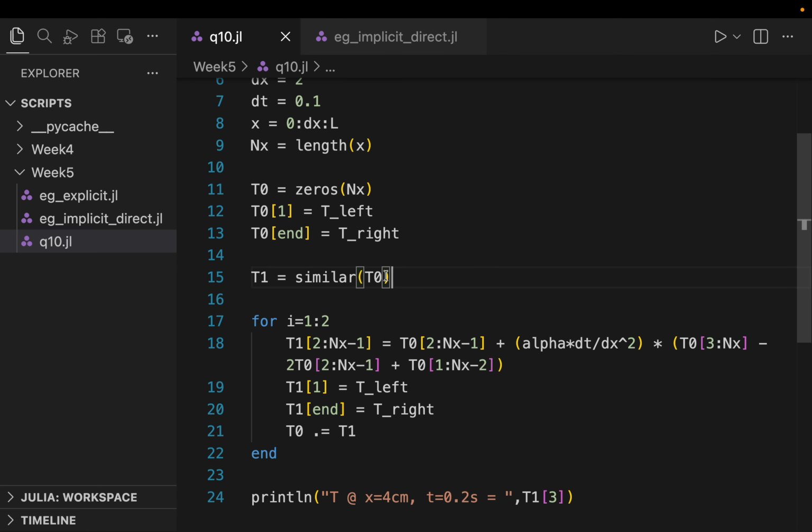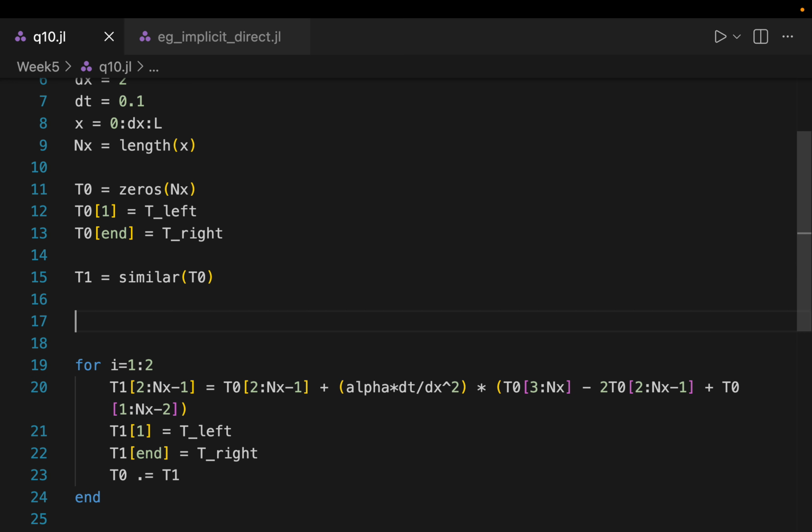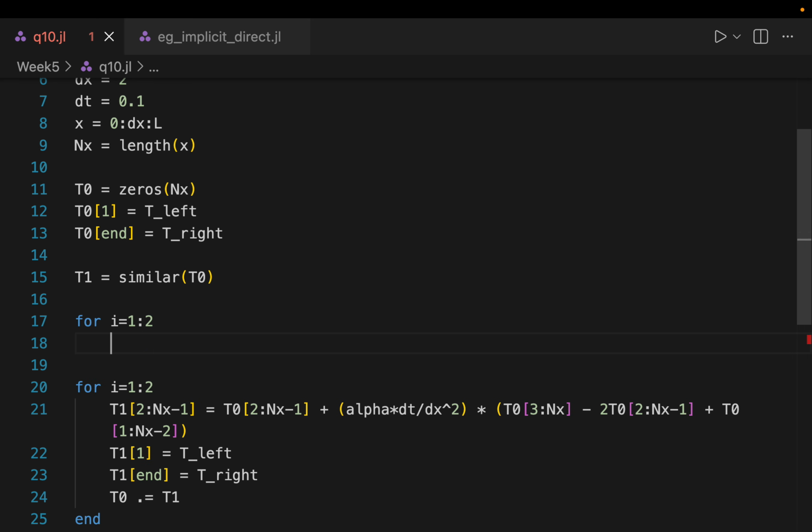This is where I was talking about parallelization. What we can do is something called vectorization that is readily available in Python NumPy, Julia, MATLAB, whatever it is that you are using. So instead of writing a for loop, we can also write this in a different way. I have only two steps, t equal to 0.1 and 0.2. So I can write another loop